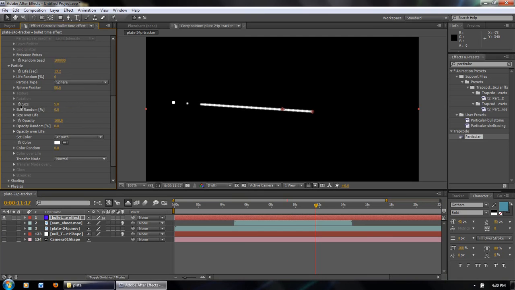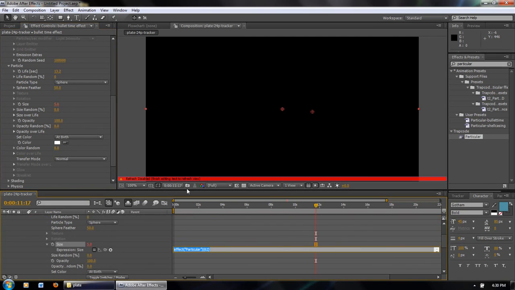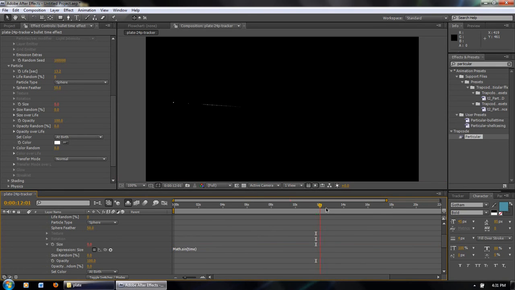In the size, I'm going to alt click on the stopwatch. What I'm going to do here is write an expression that uses the sine function so that we can use the oscillations that are built into the sine function. So if we type in Math.sin(time), this will allow the particle to change size over time and oscillate with the sine function. Now, since sine oscillates from +1 to